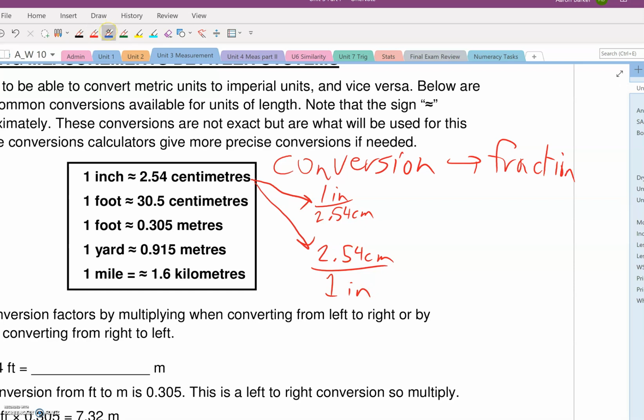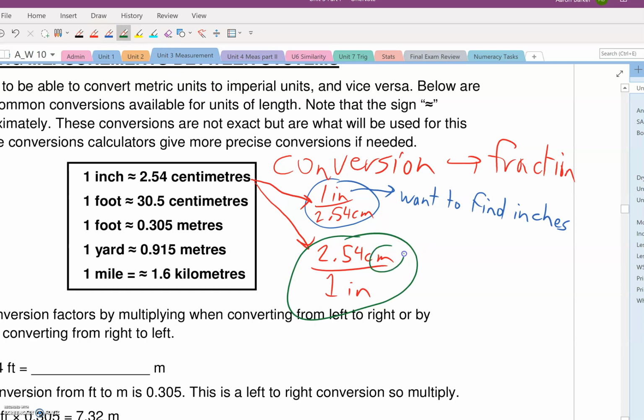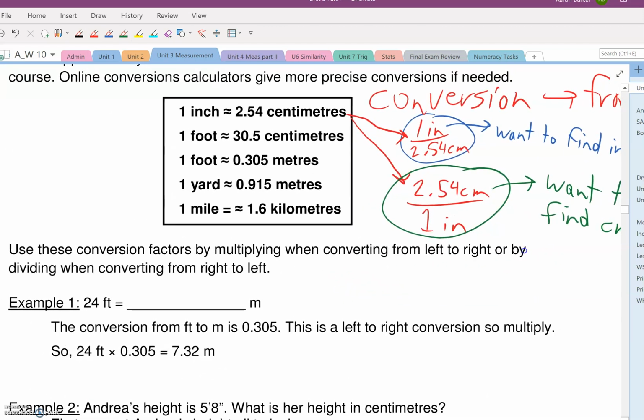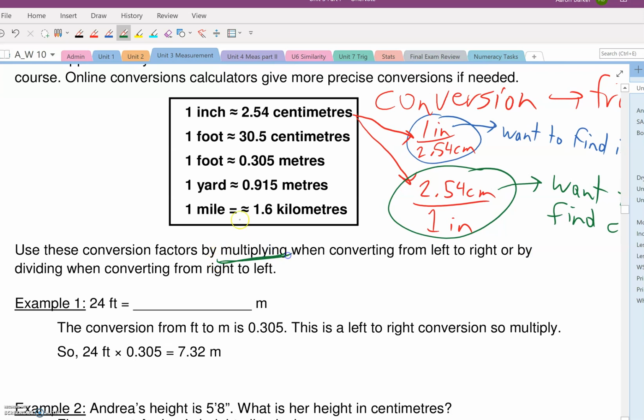Okay. What's the difference? Well, we use this one if we are trying to find inches. So if we want to find inches, we put our inches on top. The bottom one we use when we are trying to find centimeters. So this one here, we use when we want to find centimeters. That's kind of the generic way of what we do. And what we do is we multiply. Okay, we always multiply